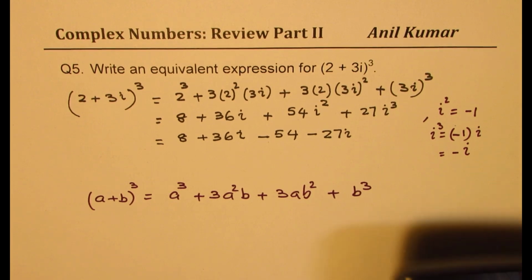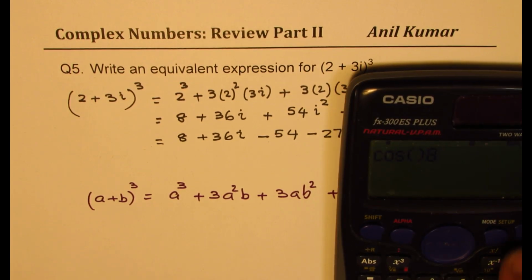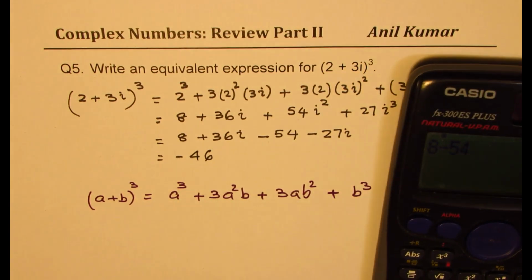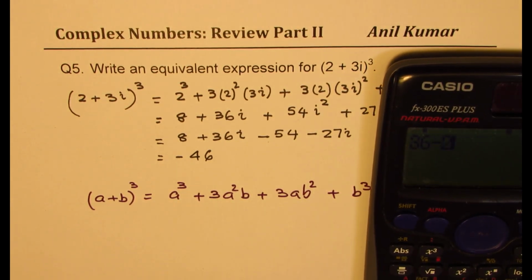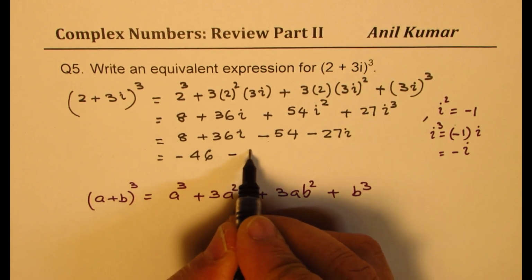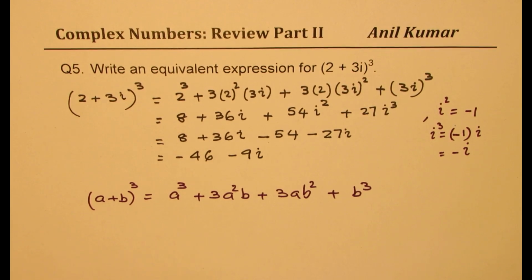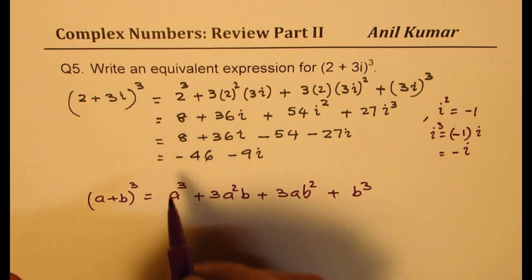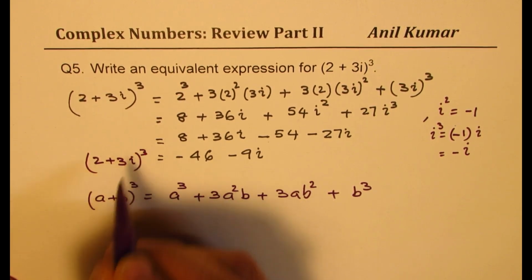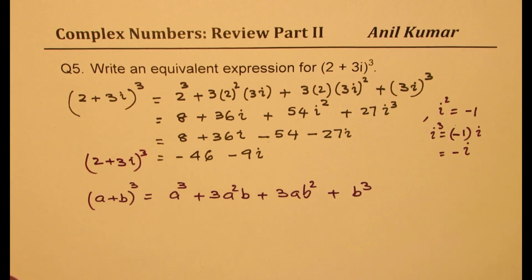And now we can combine the terms. So let's do 8 minus 54, which is equal to minus 46. And the i terms is 36 minus 27, which gives us 9. So that is 2 plus 3i whole cube. So that is how you get your result. So 2 plus 3i whole cube is equal to